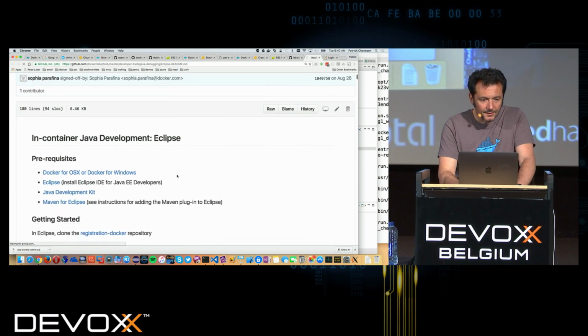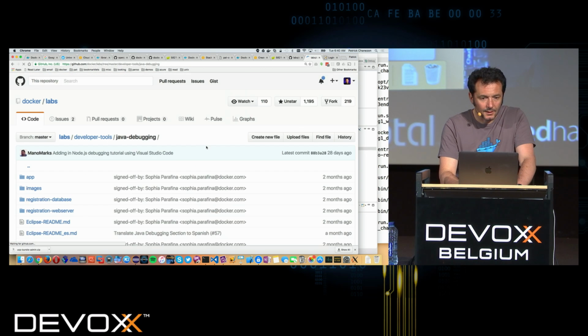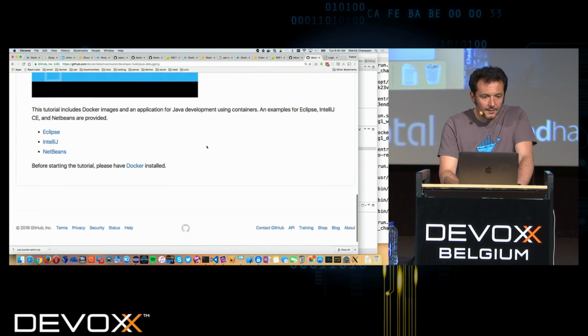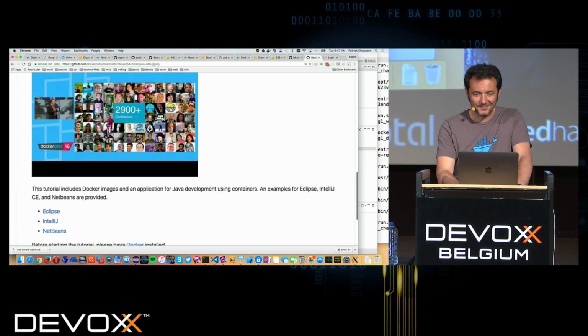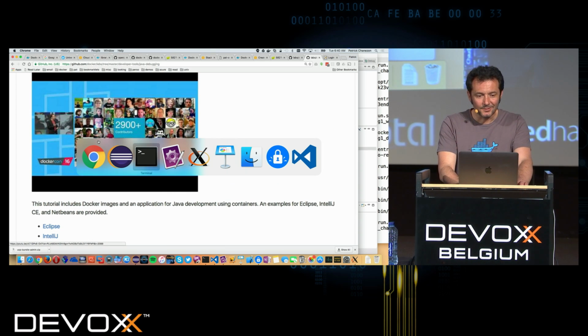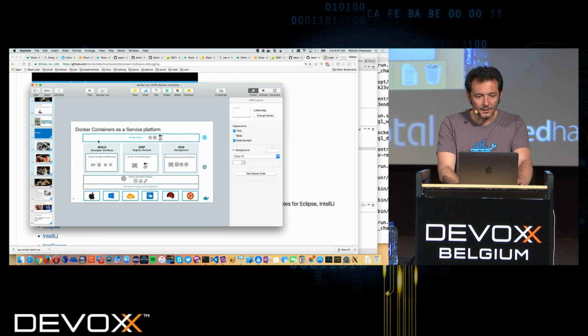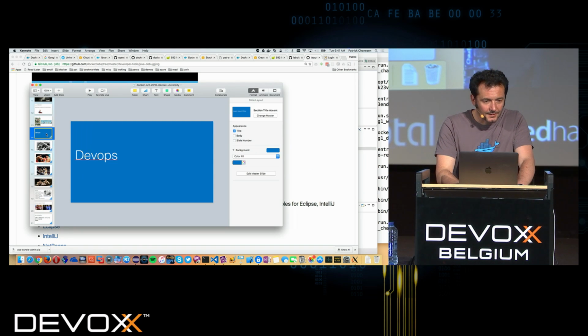You will see that there are instructions for Eclipse, IntelliJ, and NetBeans. Anybody using another IDE than this one that you'd want documented? No, good. Okay, so let's go back to the presentation.